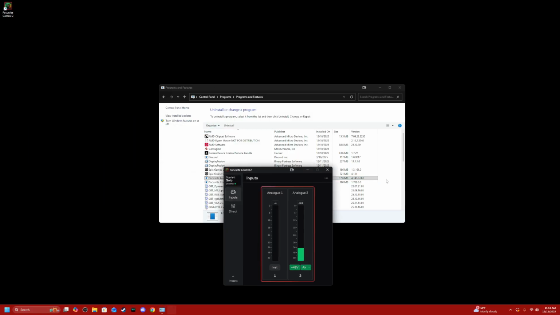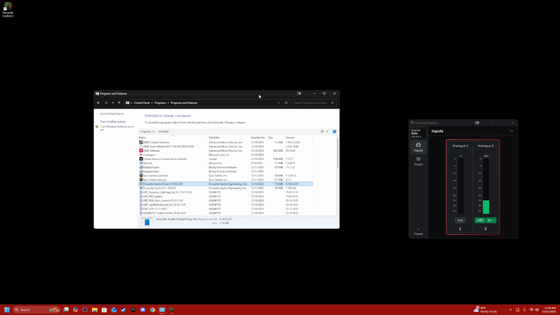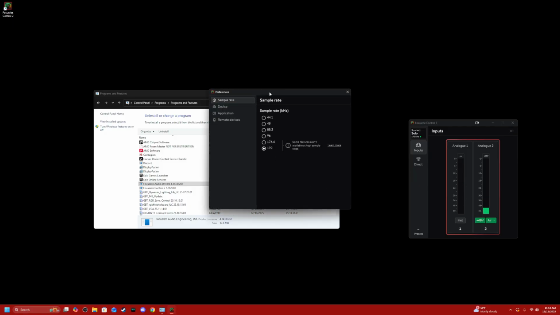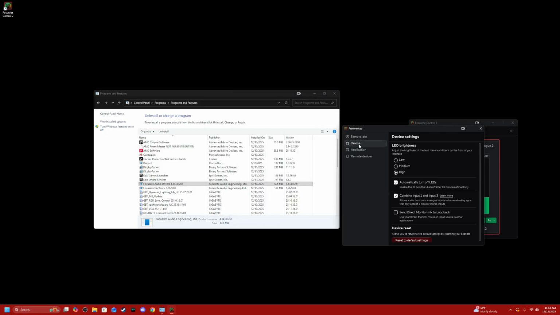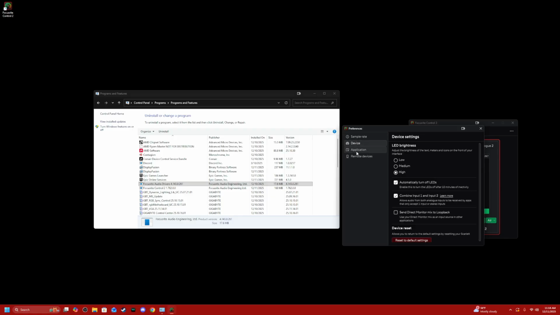So I opened up Focusrite, and it finally did give me this program finally opening and working. So what you have to do is go to the settings on it, preferences. Then you have to go to device. It updated recently, so I guess some things changed. But I guess you want to go to device right here